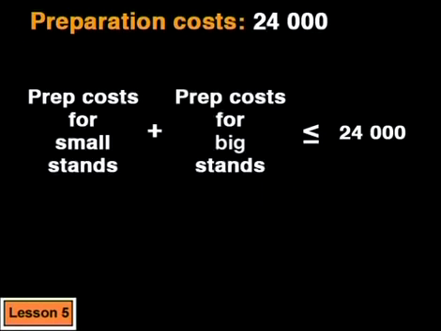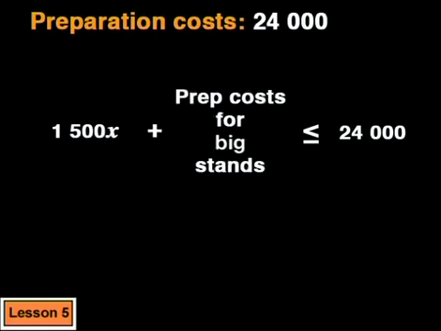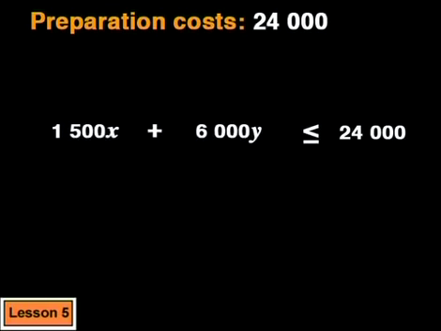It's useful to write this down in words first. Now, can we put that into an inequality using X and Y? The cost of preparing each smaller stand is 1,500 rand, and there are X stands. That comes to 1,500 times X. Then the total cost for the bigger stands is 6,000 times Y. That's all less than or equal to